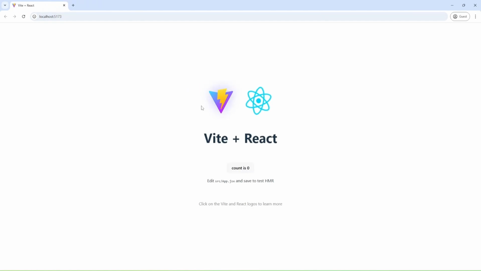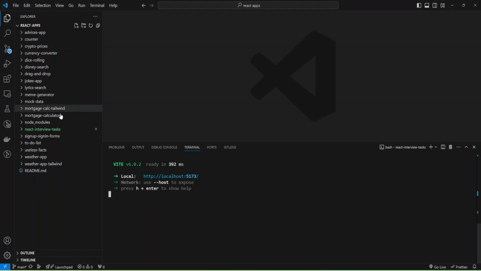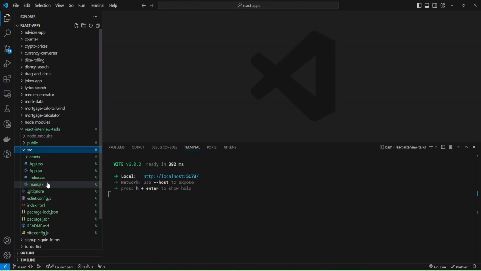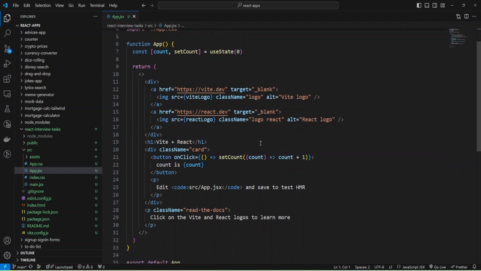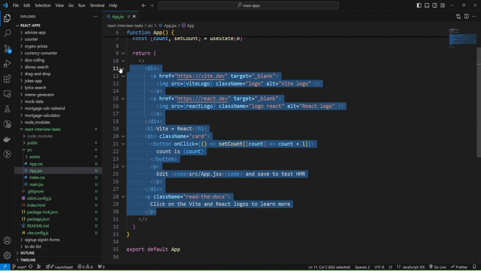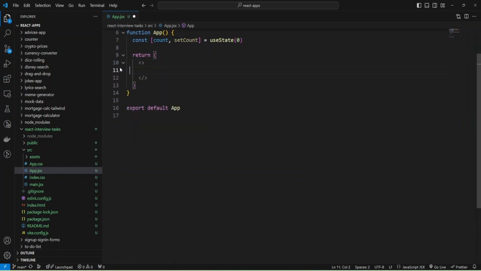Okay, and we have some initial code, and I'm going to clean up my application. Now I can hide this panel and remove all this code, and will provide a header with the text React interview challenges.